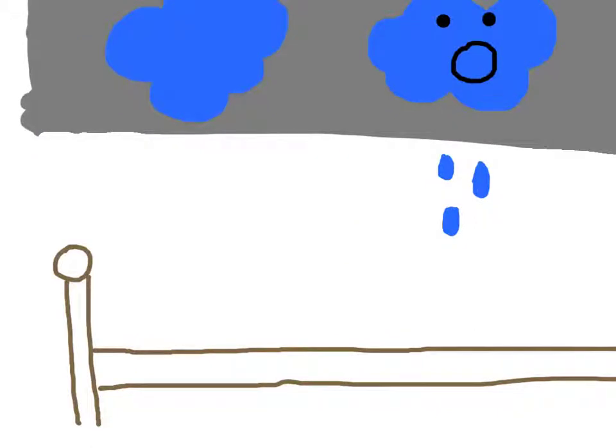But all of a sudden, it became cold, and it started to rain. And since Harry was a cloud, he started to rain, and he started turning into little drops of water. Soon, Harry was a puddle of water again.